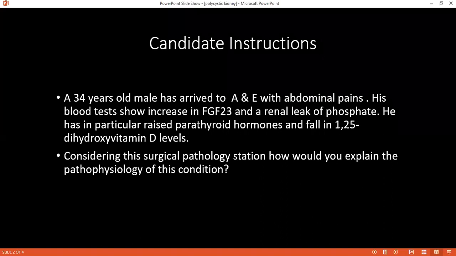Okay, good. Can you please tell me the difference between adult polycystic kidney disease and polycystic kidney disease in children? Adult polycystic kidney disease is autosomal dominant due to mutation in polycystin 1 and 2 proteins, and infant polycystic kidney disease is autosomal recessive due to mutation in the fibrocystin protein, and can be discovered during pregnancy by ultrasound, with manifestation of renal failure at infant age. Adult polycystic kidney disease presents with renal failure and hypertension,